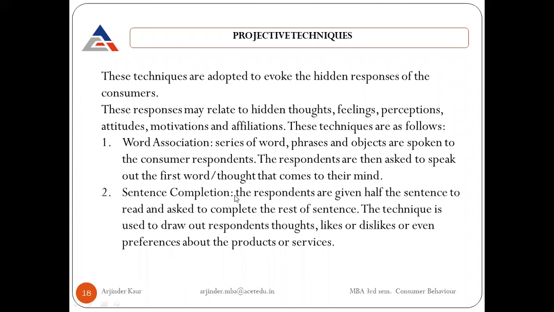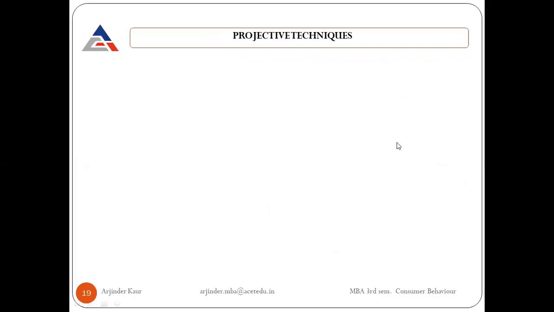Next is the sentence completion test. Similar to the word association test, instead of a single word, an incomplete sentence will be posed to the respondents, and they will be required to complete that sentence. So let's say, I had gone to shopping, okay? And the sentence that follows is incomplete, that has to be completed by the respondents. This is called sentence completion.